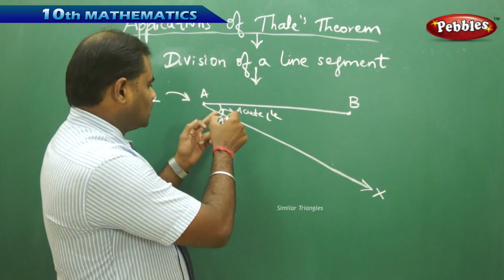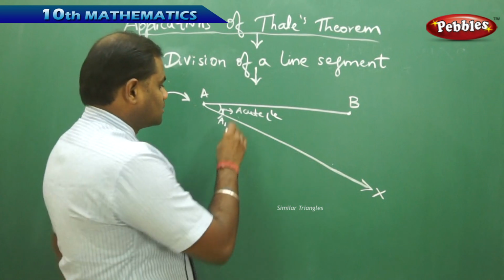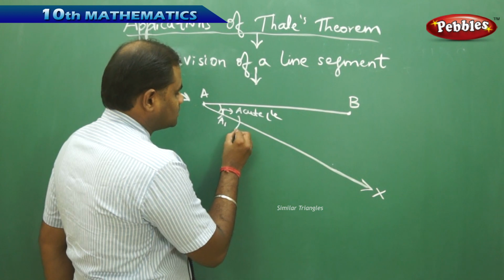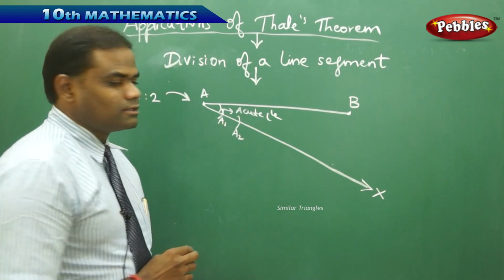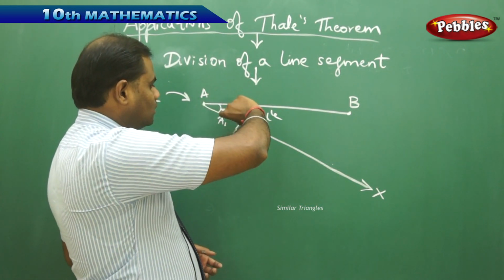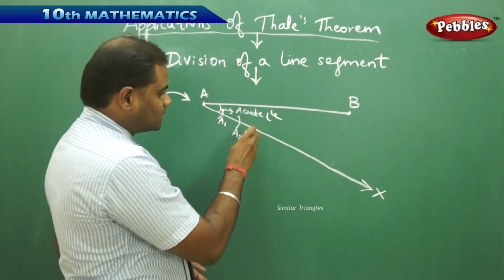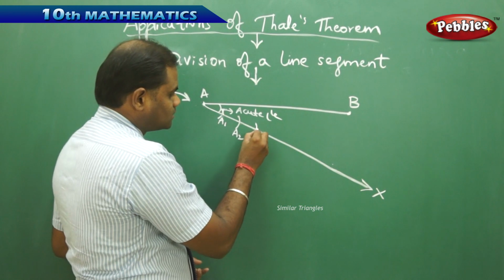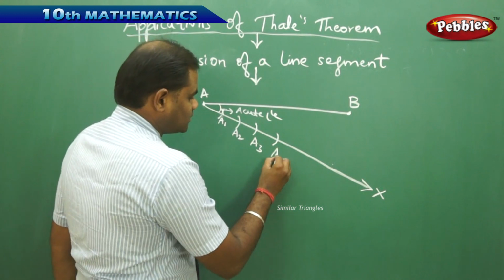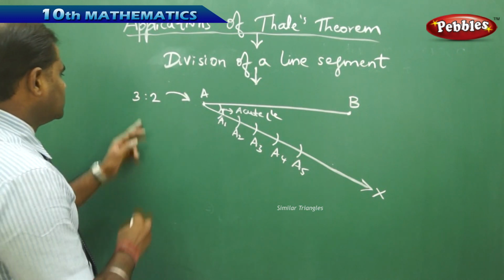The length of AA1 is taken again with A1 as center, and cut with an arc using a compass. Then I get this as A2. Similarly, I repeat the same process by taking the same measurement as AA1 or A1A2, because these two are the same, and then taking A2 as the center, I cut an arc using the compass. Then I get A3. Similarly, I repeat the process to get A4 and then finally A5,